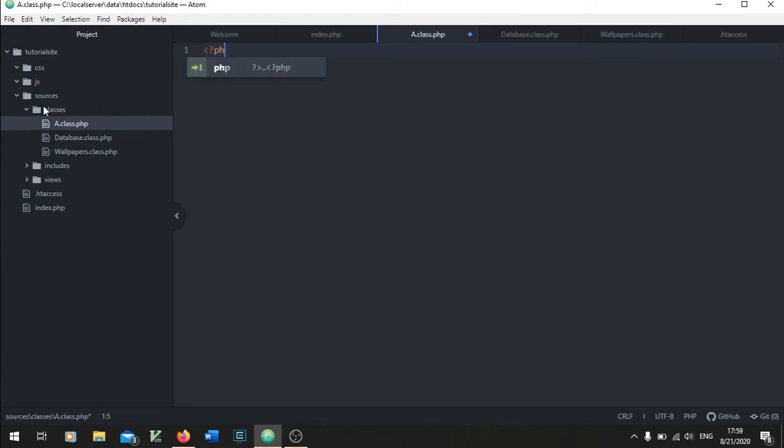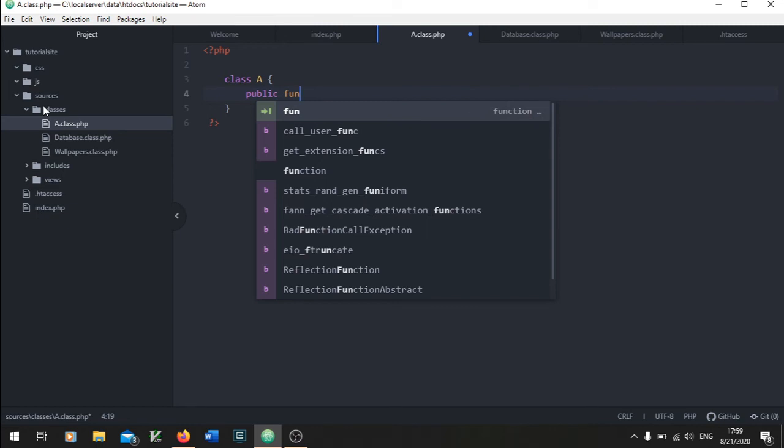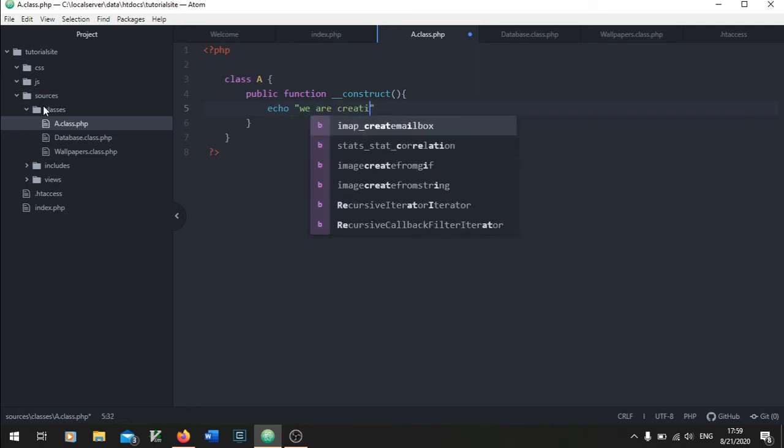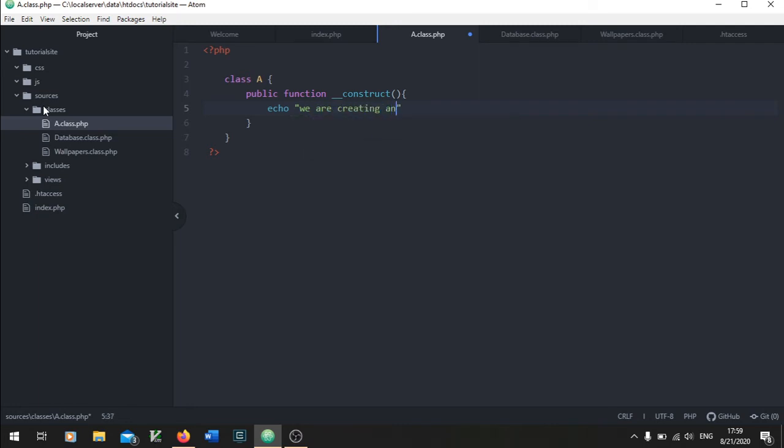PHP, class A, public function __construct. The constructor will echo we are creating an object of this class